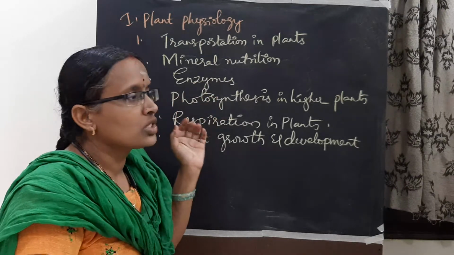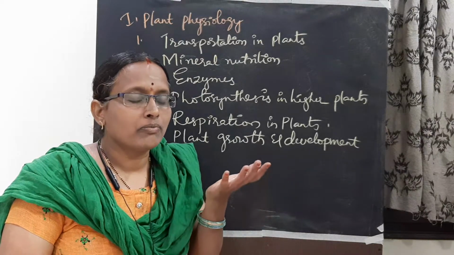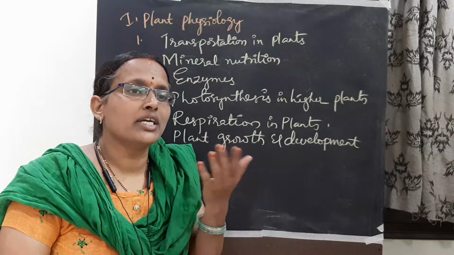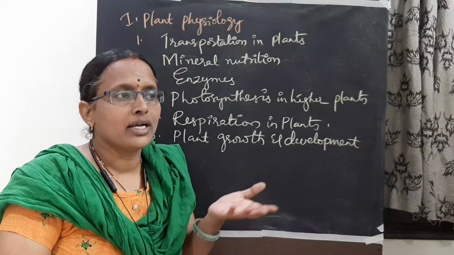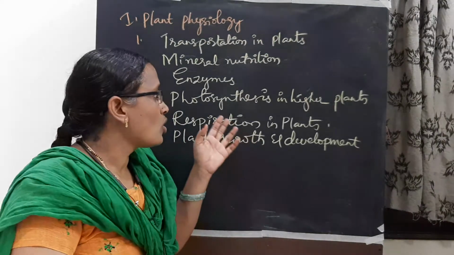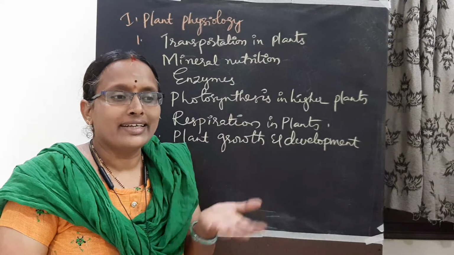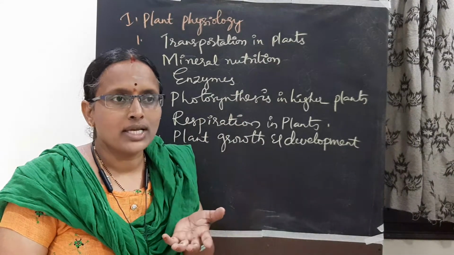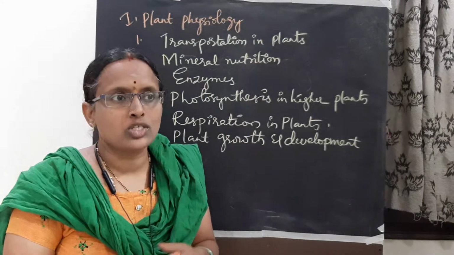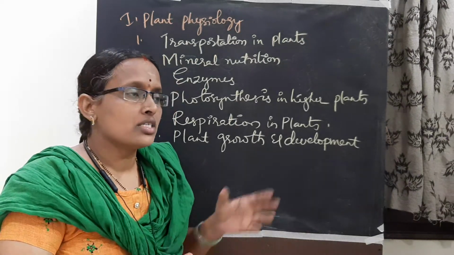Next is photosynthesis. Photosynthesis is a major process which happens in the plants, because of which they are known as universal food providers. Previously you have had the idea of light reactions, dark reactions, and chloroplasts as the sites of photosynthesis. How this process happens in detail, we are going to see in this lesson.